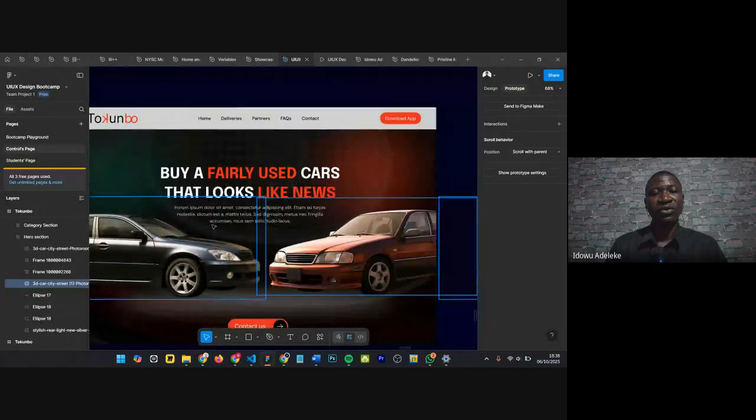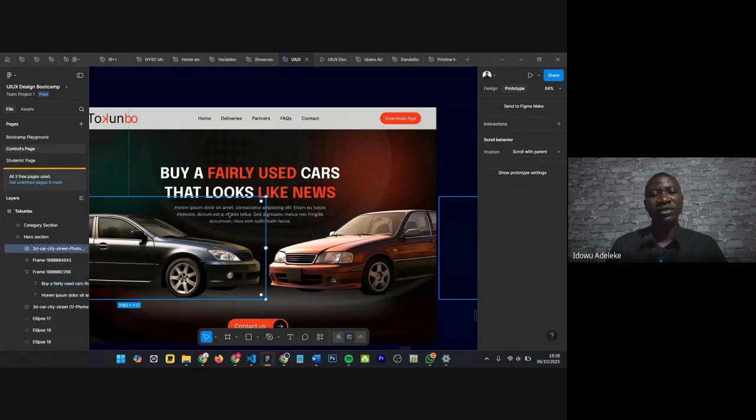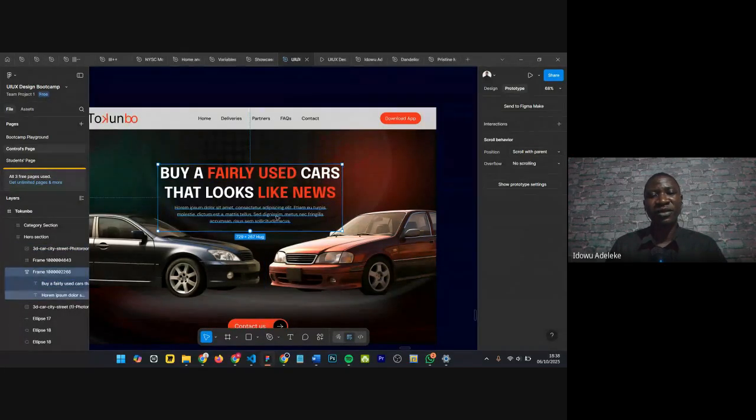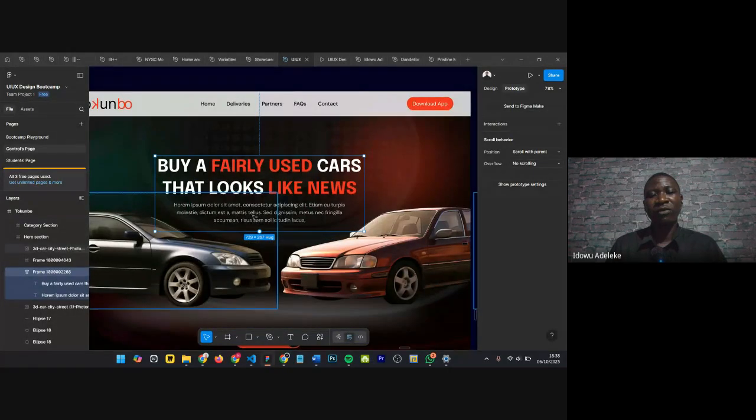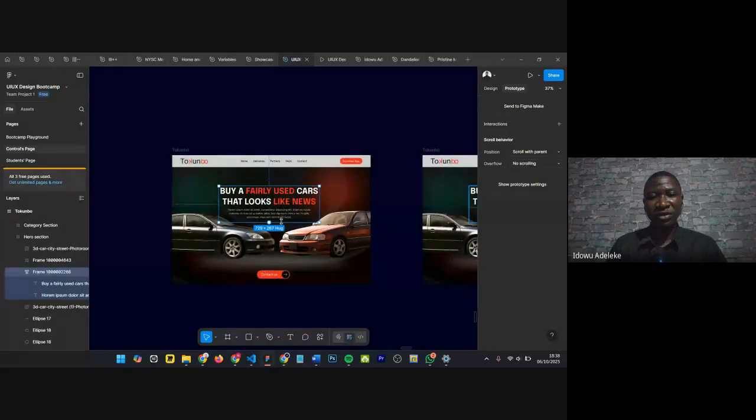So what I want us to do with the text is have some parallel effects moving on. And what that means is that this guy will not move at the same time as this guy. So what I will do now is